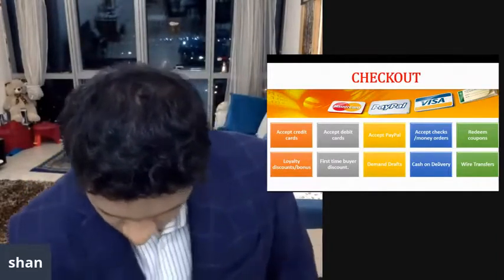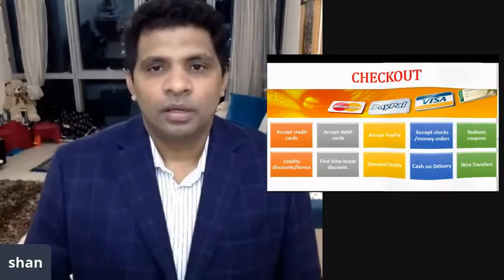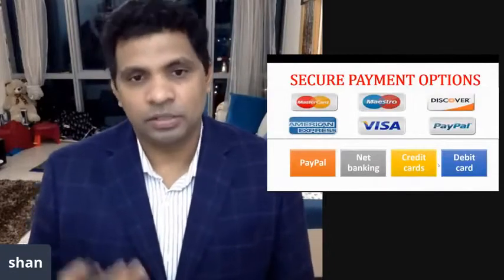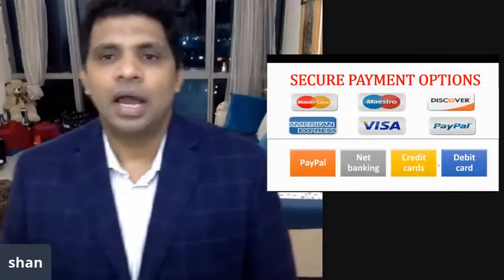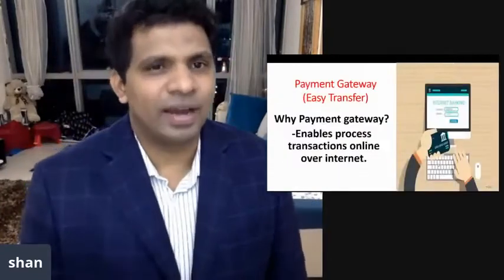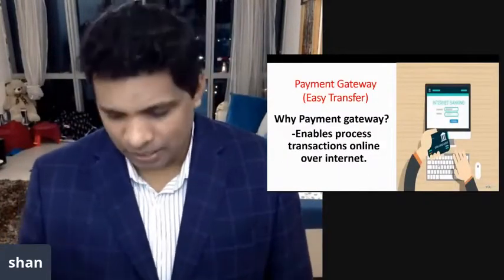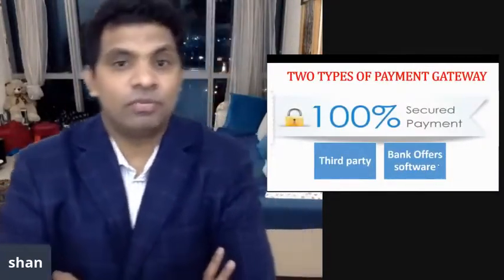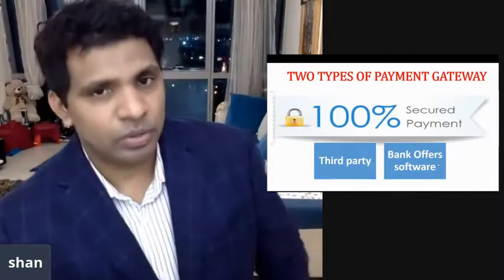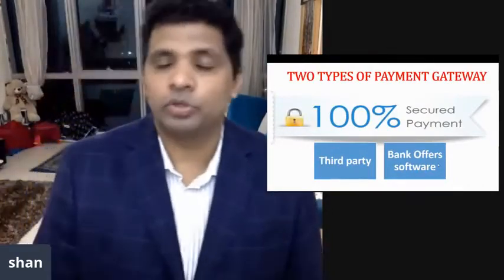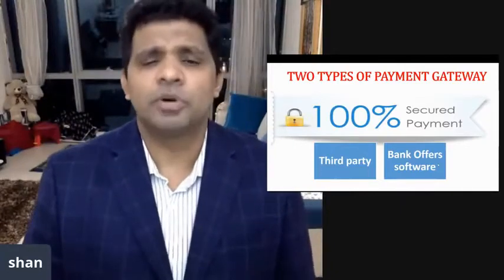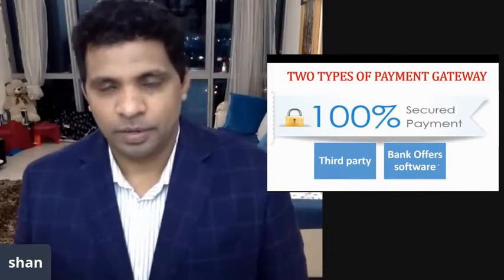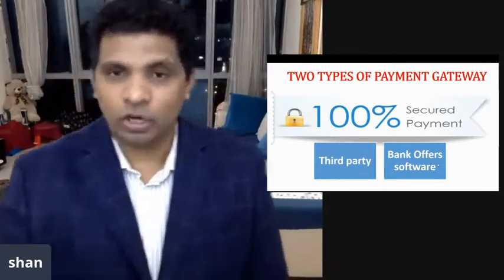Now, secure payment options include PayPal, payment gateways, net banking, credit cards, debit cards, and all the instruments you should be accepting, including wire transfers, etc. Because you should be open to accepting the payment. But there are markets like Qatar where you have a lot of difficulty with various kinds of payment gateways, so you need to be flexible in how you accept payment. You can also get a third party; it's up to you to choose. Banks also offer solutions, depending upon the country. The price solutions are different, even ongoing. I'll talk about that a bit later on.